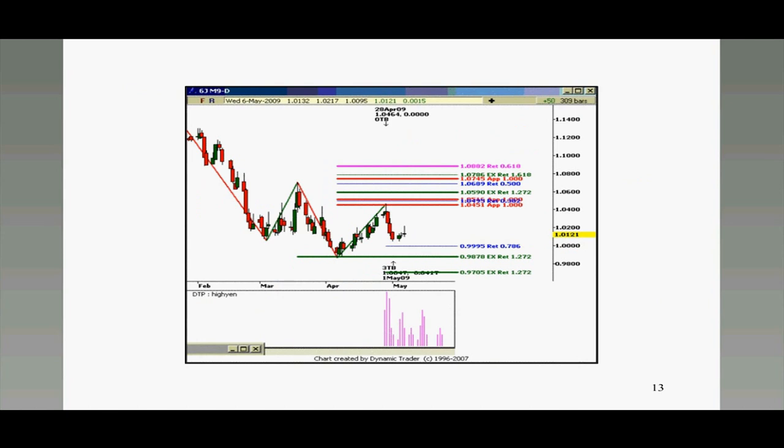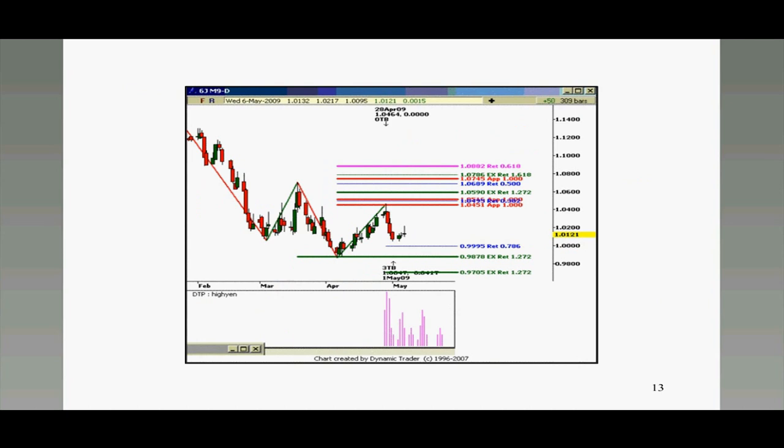All right, this next example is in the Japanese yen. This will give you an idea of what I'm going to show you at the end of the presentation. I don't want to start with the dynamic time projection tool that I use. This is where I basically tell the program which highs and lows to use to run the time projections, and then I will project, put out the report button on Dynamic Trader, and it will show me graphically where there's a